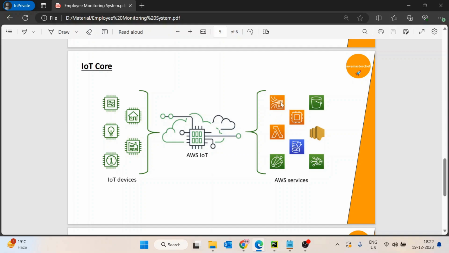So if from here I publish anything onto the AWS IoT, say there is a configuration change, and we have changed this configuration from 20 seconds to 1 minute, this AWS IoT Core would be responsible for notifying all the devices that are subscribed to it. So if we have 100 laptops or 100 employee devices subscribed to this AWS IoT Core, all the devices will get that change, right?